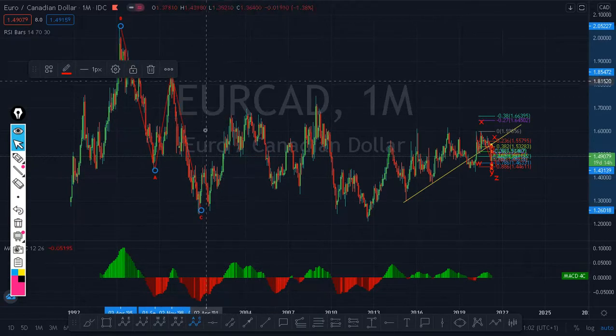ABC is a corrective measure, and this move here is not up to a 5-wave impulse. So you see, no need labeling it, and it is a waste of time labeling something that does not correspond with Elliott wave theory. So that's why sometimes you see my charts, I don't label them. It just consumes your time for nothing's sake.